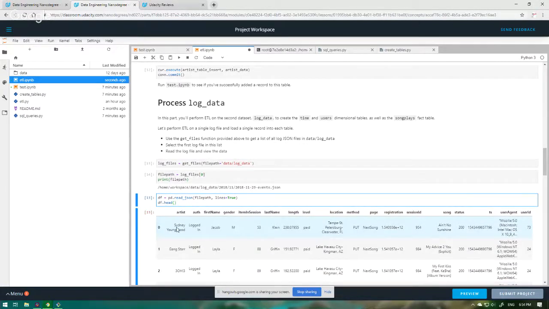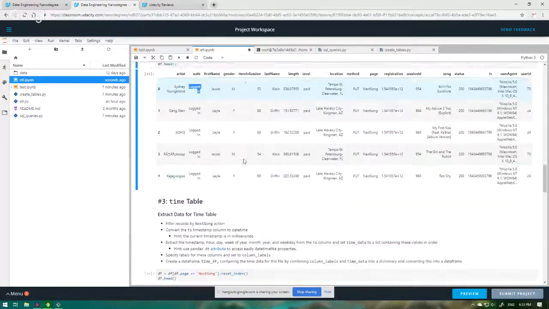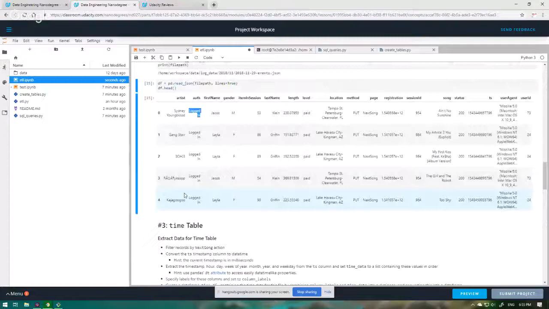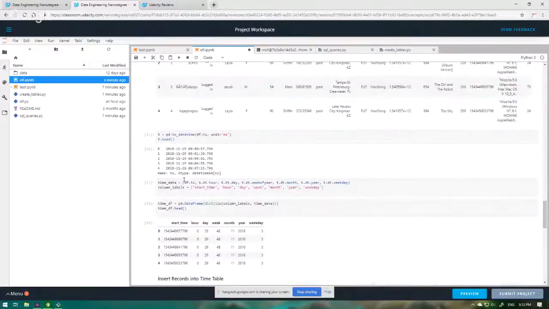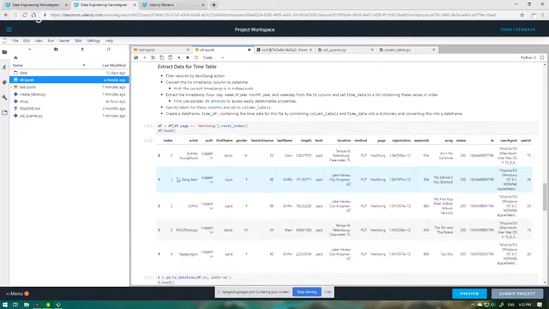Let's see here, and then read the first one. Okay, so the output should look like this for you as well. And here you have the artist logged in, first name of the user, gender, so forth and so forth. Then here you select the time. I think, yeah, I'll do time, and then I'll leave the rest for you to do on your own, so